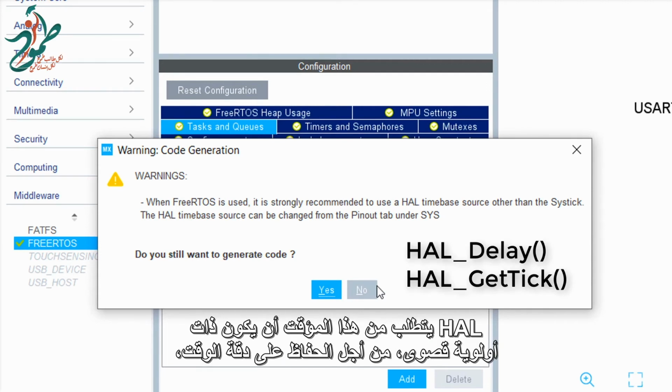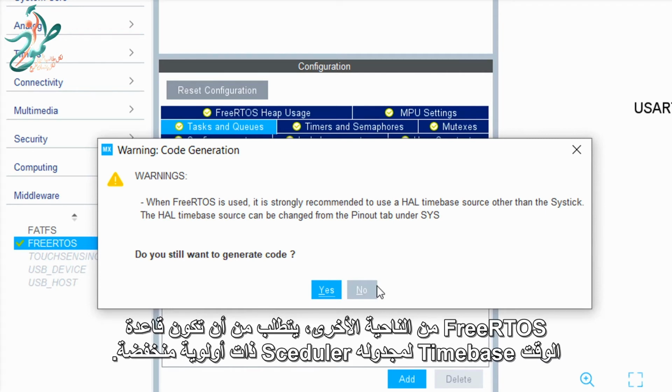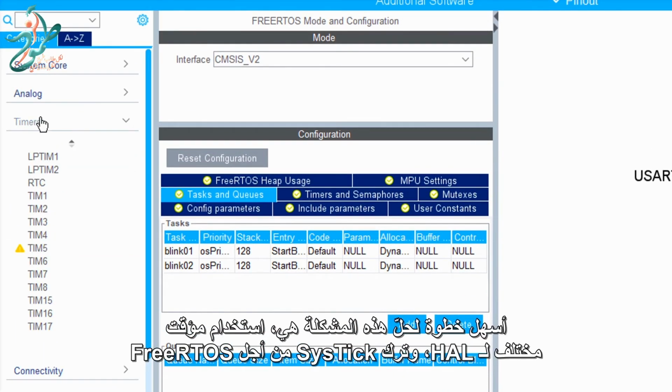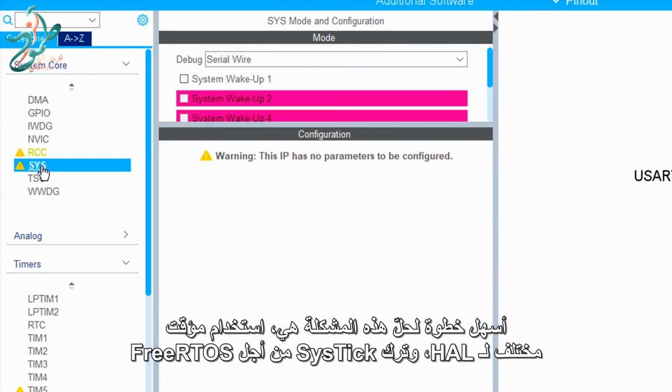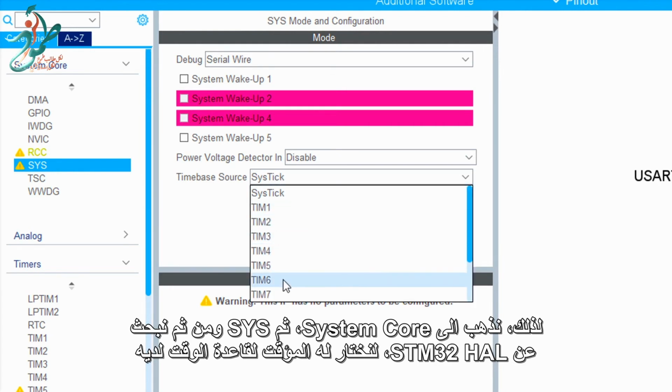HAL requires this timer to be at a very high priority in order to keep somewhat accurate time, at least without a real-time clock. FreeRTOS, on the other hand, requires that the time base for its scheduler is of a much lower priority. One easy fix for this is to use a different timer for HAL and leave SysTick for FreeRTOS. So we go into System Core, SYS, and find where the STM32 HAL selects the timer for its time